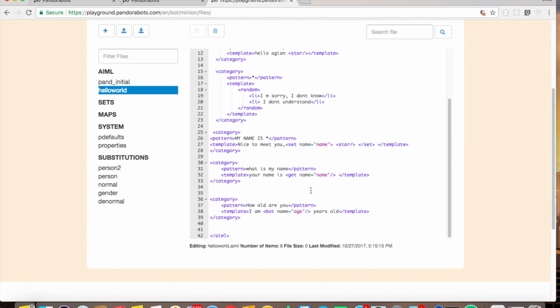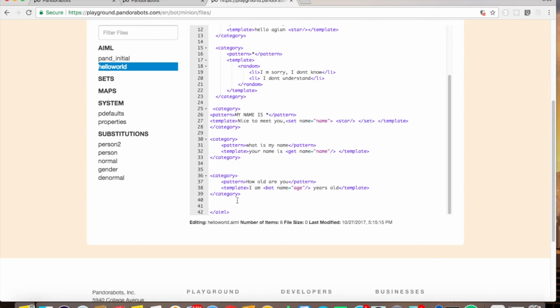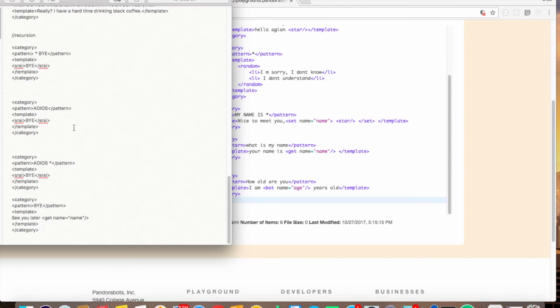Okay. That's good. Now let's see something called a local variable. We saw what a property is, which is set on a global variable, and a predicate that is set inside our template, and next one is the local variables. In order to do that, I'm going to take out a code that I set for you guys so that I could explain them more easily.